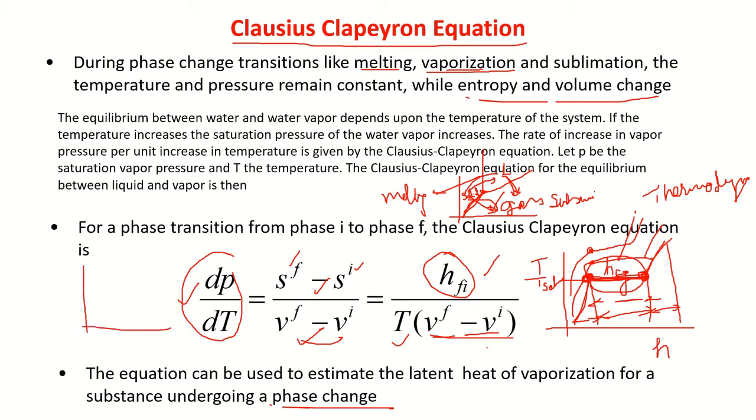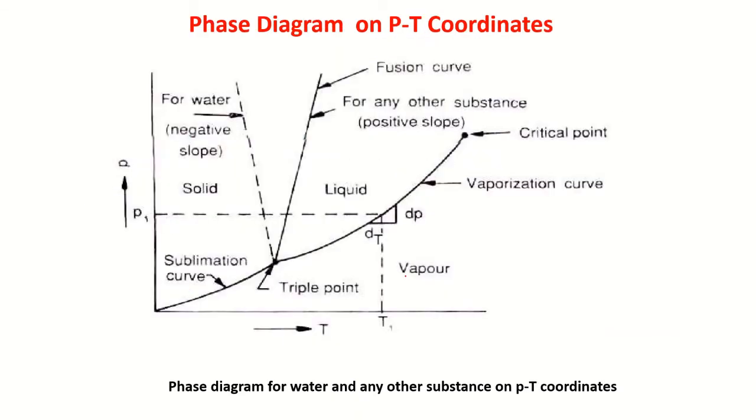Okay, I can draw another diagram, let us say a PT diagram. So this is what I have shown. You know, this is the triple point of water. This line is for water because this is the characteristic for water, right? After freezing, it expands. For other substances, it is different. So here I have the solid phase. Here I have the liquid phase. I have the vapor phase.